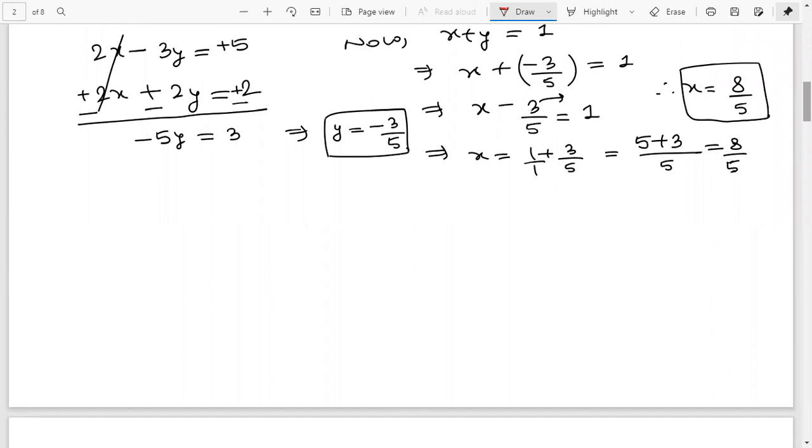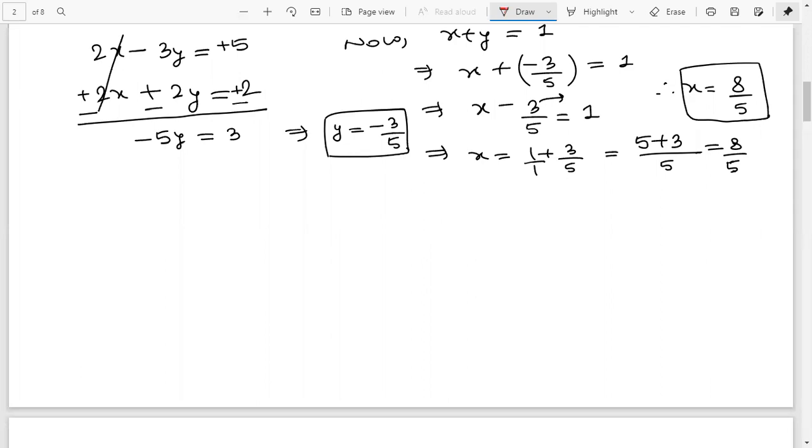Fine. So we'll see those methods in another question. A simple question we'll take to know all the methods. There are 5-6 exercises in this chapter, pair of linear equations in two variables, apart from the optional one. With every method we can say there is one exercise. That's why we have multiple exercises. But we'll see a quick review of all the methods, and in detail we'll see when we go through the exercises one by one.